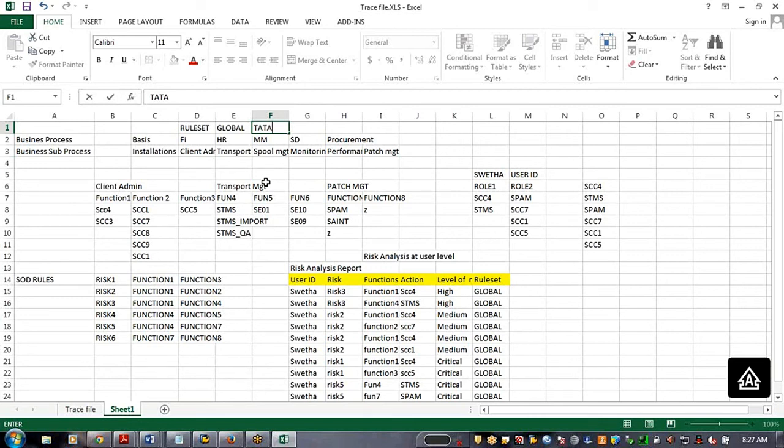If you try to run the risk analysis against users or roles, we mandatorily need to specify the rule set name. If you specify the global rule set, it has the entire data. If you specify a customer rule set, it should also have the entire SAP standard data. Only then will this customer rule set work. If the custom rule set does not have any data, then the system will not show any risk. Why? Because